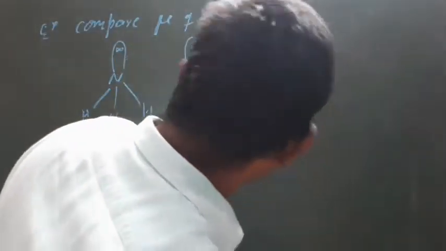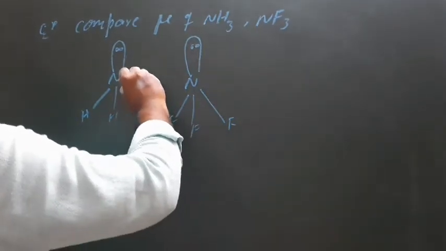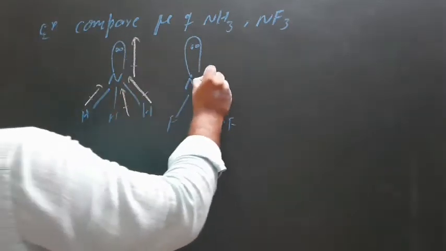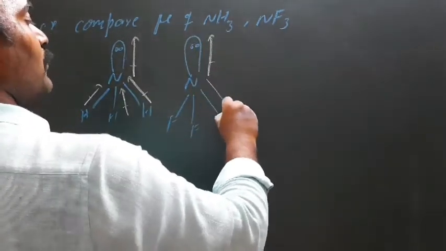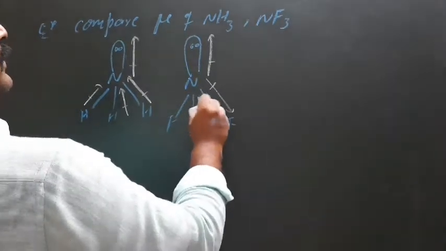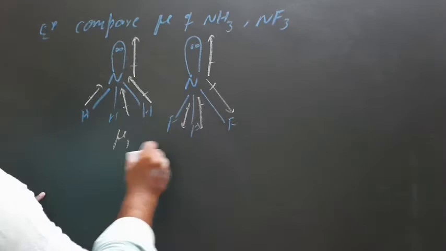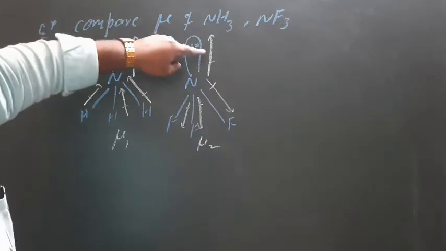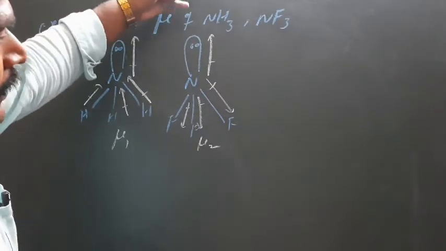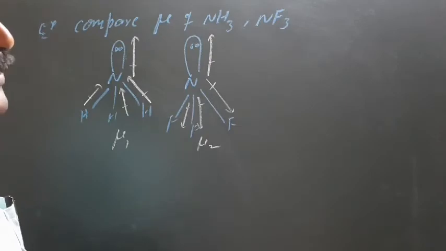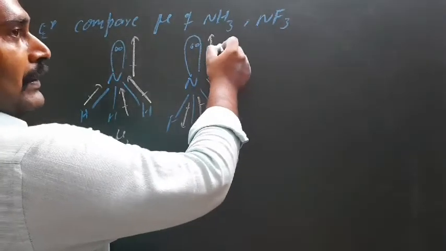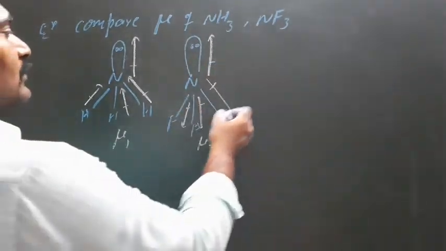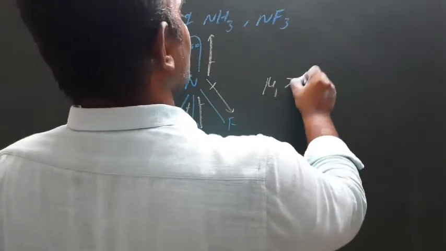Now see here, dipole moment, bond moment towards the nitrogen. Here dipole moment towards the lone pair, here also towards the lone pair. But bond moment in this molecule is towards the what? Fluorine atom. Assume it is mu1 here, mu2. See here all the bond moments in the same direction. Here one bond moment is above the plane, remaining in down of the plane. That means something will be subtracted. Suppose here x value, here 3x. Here 3x minus x because opposite direction. So what is the value here? Mu1 always greater than what? Mu.